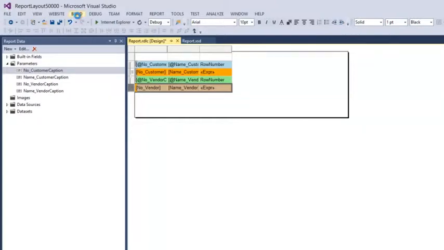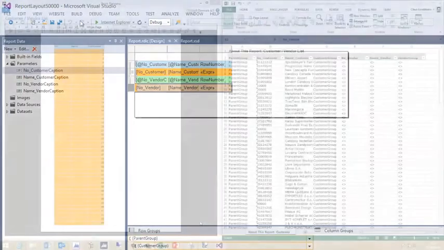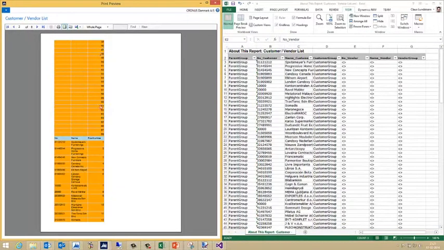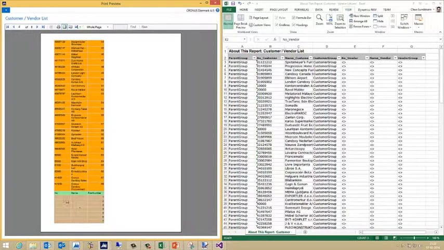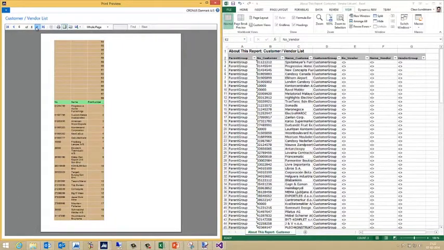Now I'd like to build my report, so I'll build my report, and I'll go back to NAV and run my report. I have now executed the report, and as you can see, I have a lot of blank rows. And if we go to the next page, I'm now on page number 2, I see that I have 68 blank rows, and suddenly my customers start coming here. And if I go to the next page, my customers keep going on. Remember, the customer group was the orange one, and if I go to the next page, my vendor starts coming out, and vendors has now blank rows and blank rows and blank rows, a lot of blank rows, and then my vendor comes in the end, and then it ends.